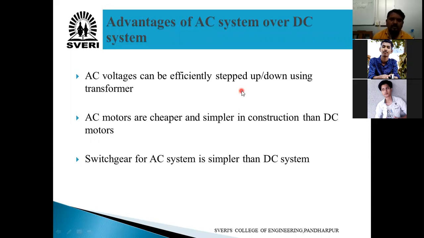Yes, sir. AC motors are cheaper and simpler in construction than DC motors here. Everyone knows, in your houses you may have the motor in the borewell system, or for the tanks, to shift the water from the ground floor to the terrace in the Syntex tank. In that situation you use motors. Will you use the motor or not? Yes, sir. Which motor are you using, AC or DC? AC. Why? Are DC motors not available in the market?